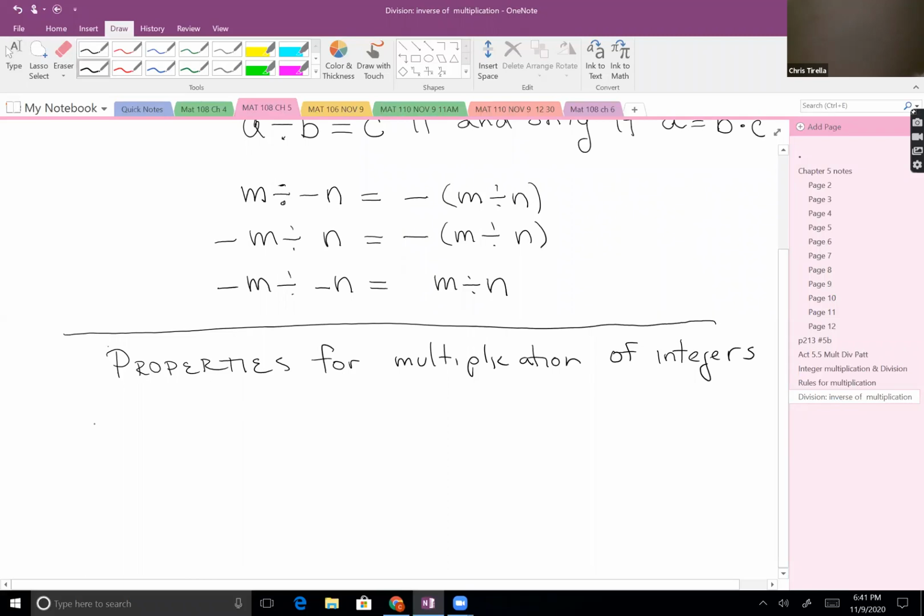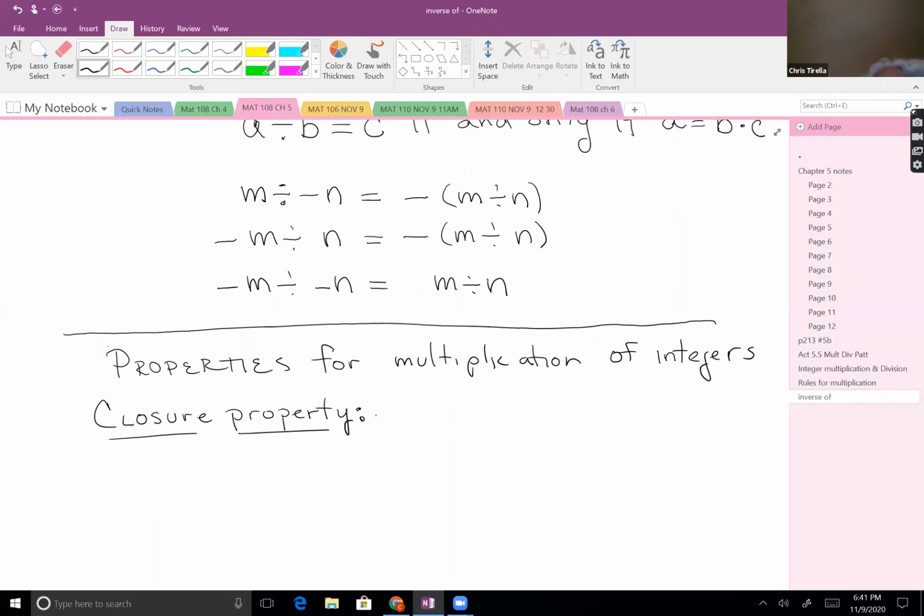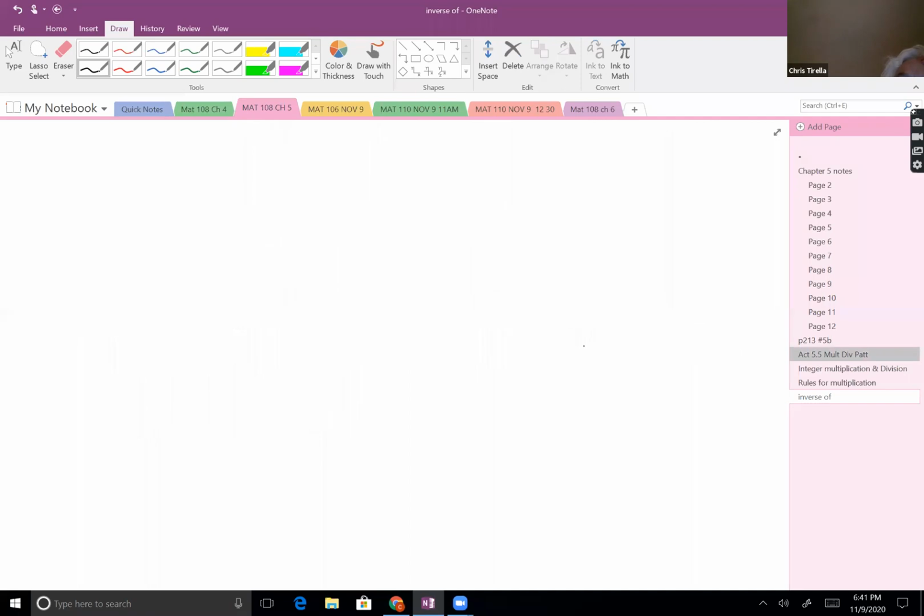And so the first property we're going to concern ourselves with is the closure property. And so, can anybody remember what we meant by that closure property when we were looking at a set with